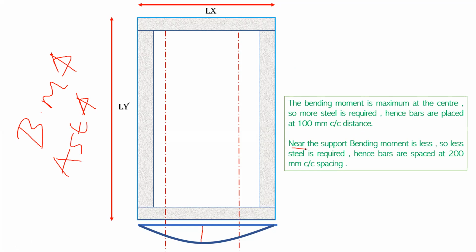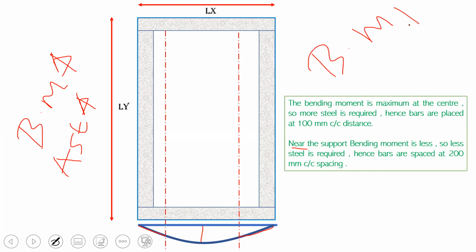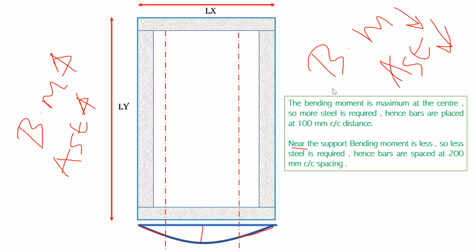In the same way, come here near the support, right? This is my support now. So near the support, bending moment is less, right? You can see here, the bending moment is decreasing, and it will reach zero here. Same thing near the support. The bending moment is almost zero near the support. So near the support, if bending moment is less, less steel is required, right? This we have seen from structural analysis subjects. If the bending moment is less, you require less area of steel, Ast I am going to write. That is why what I've tried to do. I hope it's understood up to here.